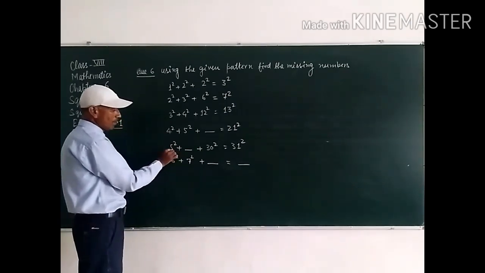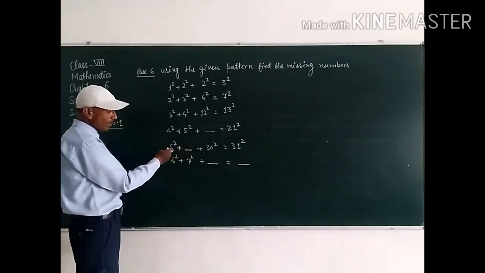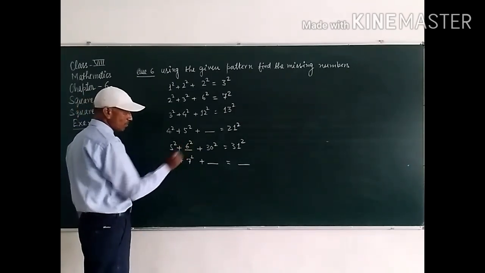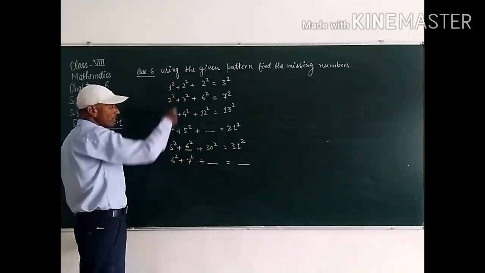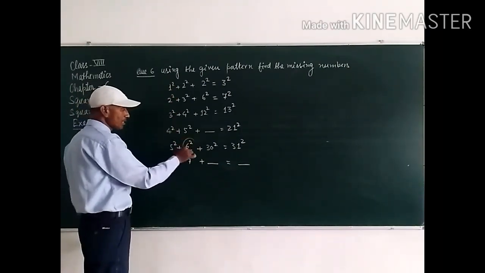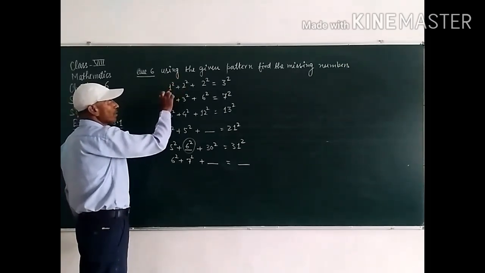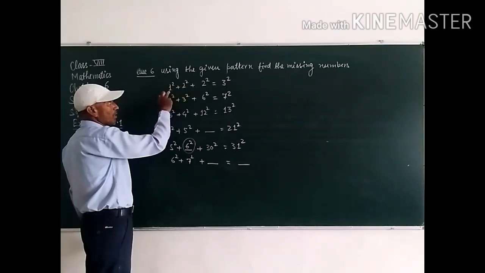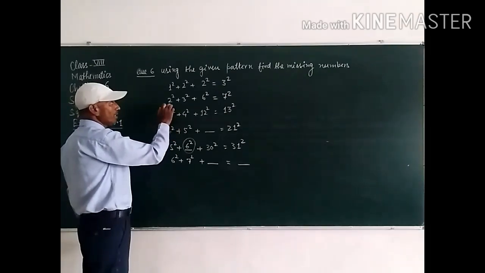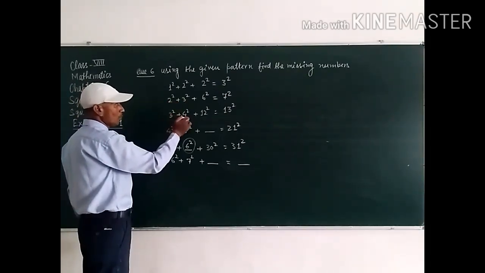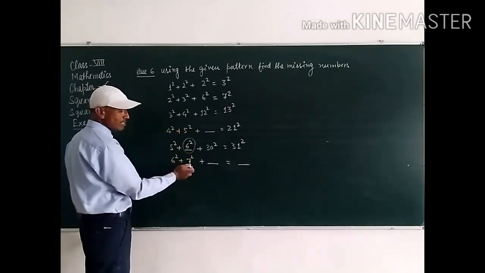And in this first number is 5 square, then the second number will be the consecutive number of 5, that will be 6 square student. Clear? And in this 6 square plus 7 square. So this row is completed student. In this there will be 6 square because the pattern is 1 square plus 2 square, 2 is the consecutive number of 1, and in this 2 square 3 square, 3 square 4 square, 4 square 5 square, 5 square then it will be 6 square, and 6 square then 7 square.